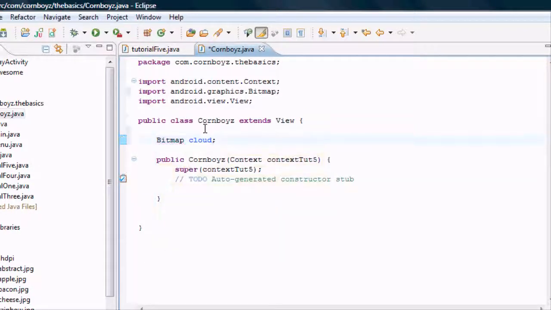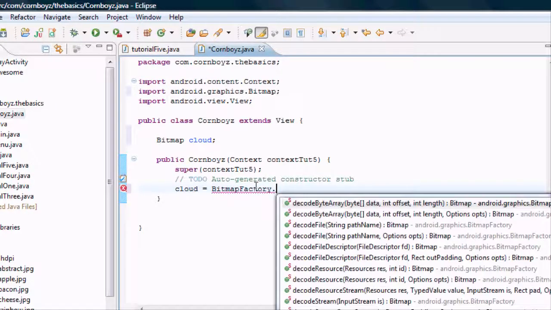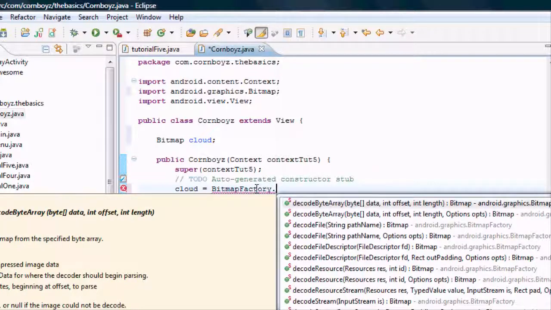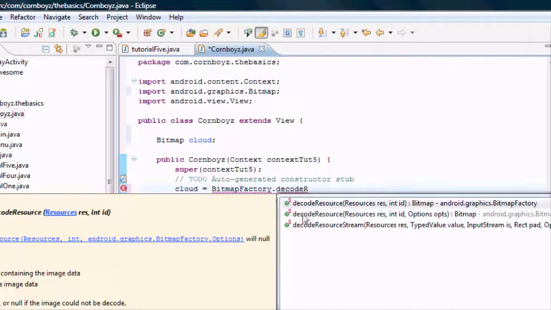I'm just going to hit import cloud, and now within this constructor, we're going to say cloud equals, and then we're going to set up basically the bitmap that we want. We've kind of done this before, I believe. So it's going to be from the bitmap factory. We're just going to hit dot decode resource,